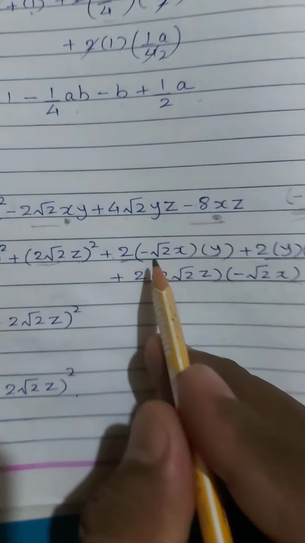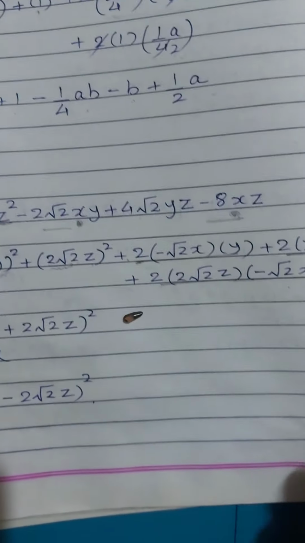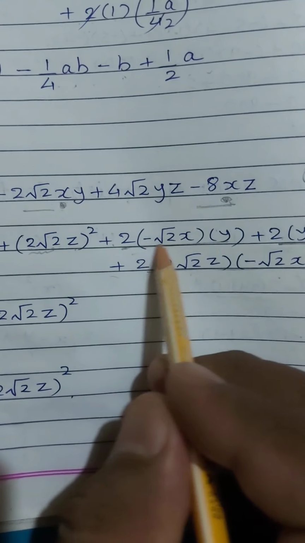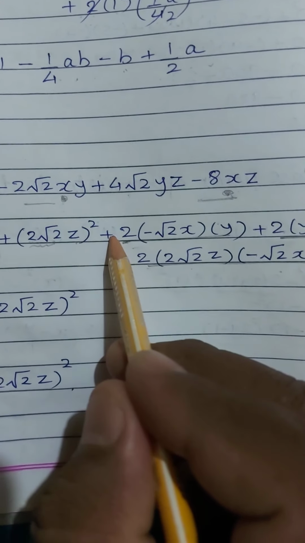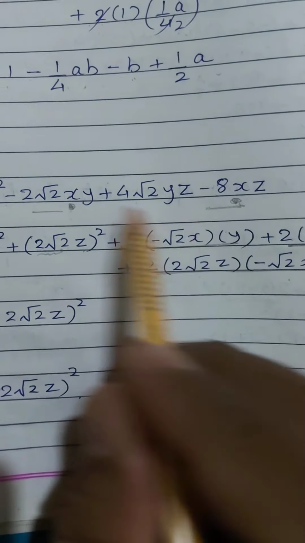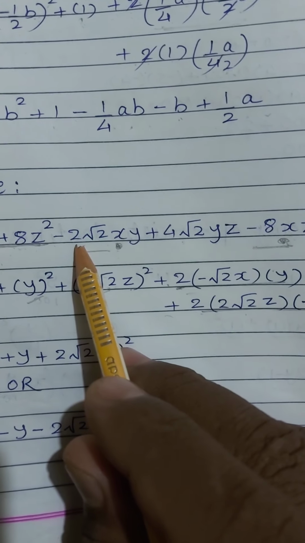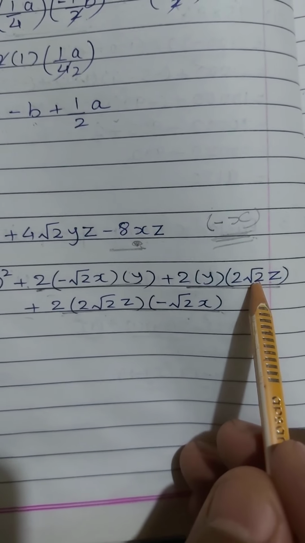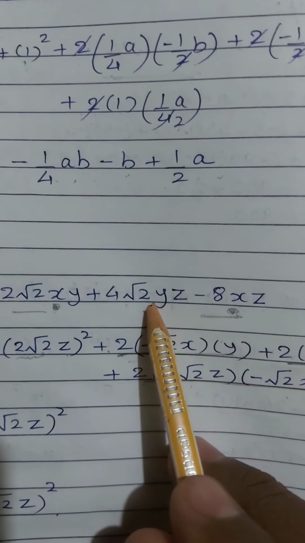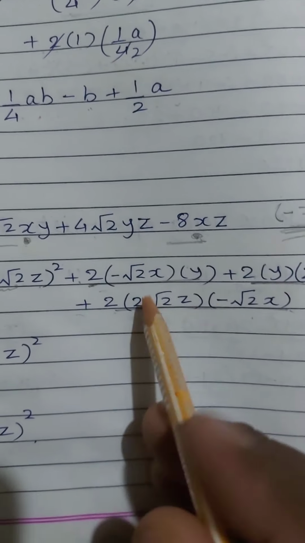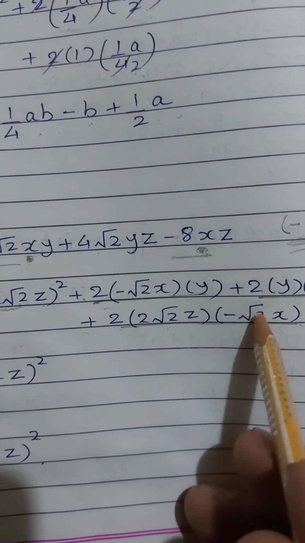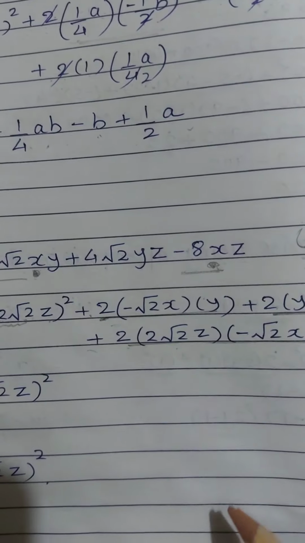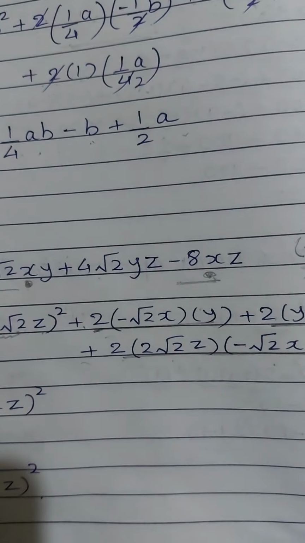Now we have to check on multiplying the first term. So what will we obtain? Plus minus minus 2 root 2 xy, so this is here minus 2 root 2 xy. Okay, plus 2 2s are 4 root 2 yz. So this is our second term, right? Plus minus minus 2 2s are 4 root 2 into root 2, that is 2, so that will become 8zx, which appears here.